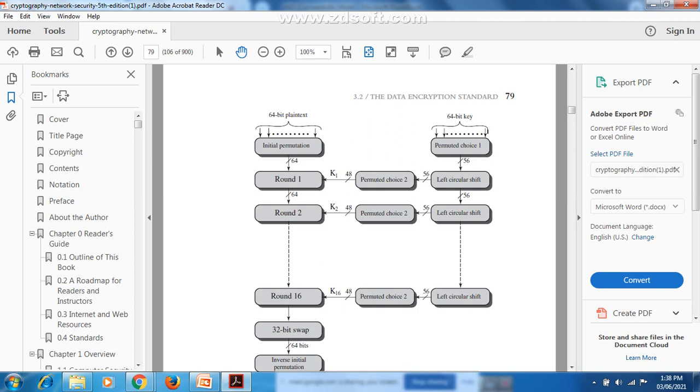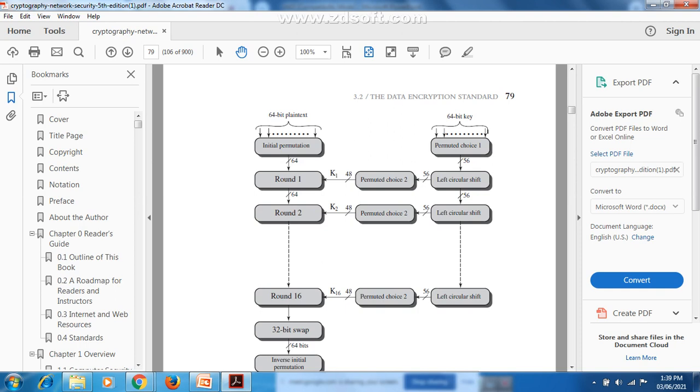As already told, in the DES starting you have written it as a 64 bit key, but what I am telling, the DES is used to encrypt the 64 bit of data by using a 56 bit key. But in the figure we have shown it as a 64 bit key. Why?